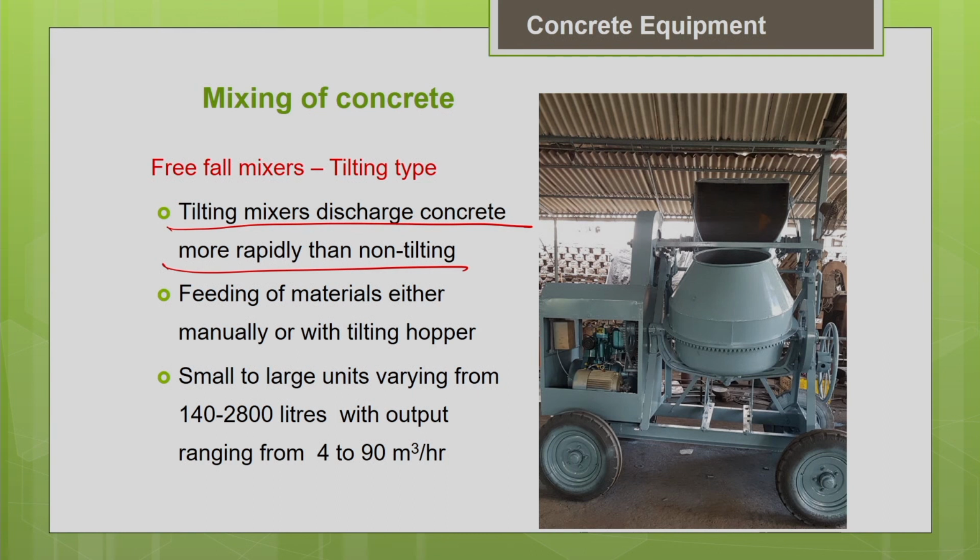Another important thing is it's a composite material. It's made up of different types of material like coarse aggregate, fine aggregate and cement. When you leave the concrete undisturbed for some time, the heavier aggregate will settle down at the bottom. This is a kind of segregation. The coarse aggregate will settle down at the bottom, and then you won't be able to have a homogeneous mix.